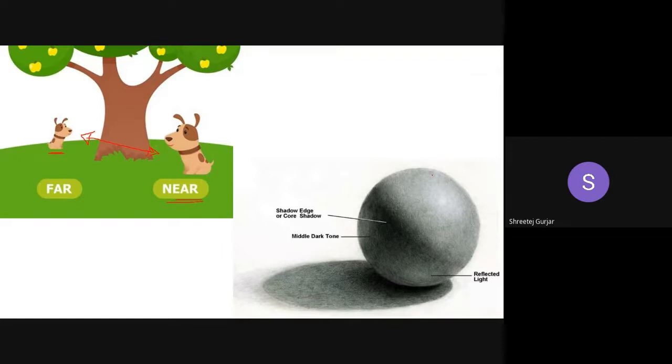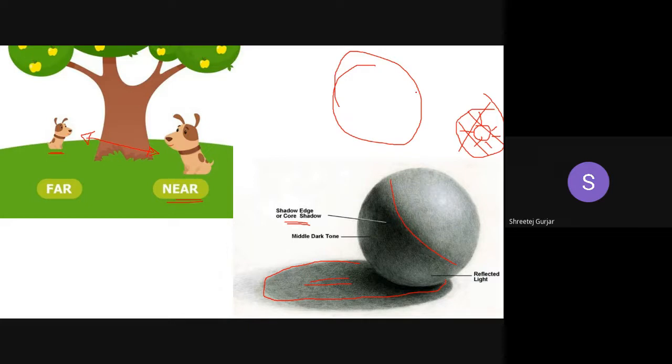Coming to the second reason, right? If there is a light source over here, suppose there is a bulb over here, what will happen is this particular sphere will cause a shadow like this. It will cause a shadow, and this part will have shade, right? So you can see here there will be shadow over here, and there will be a shadow cast on the ground over here because of the light, right? So the light and shadow effect will give you the perception of depth, right? So imagine if there was no light source. If there was no light source, what will be visible? Only a single circle will be visible, right? If there is no light, only a circle will be visible, like a 2D circle, right?